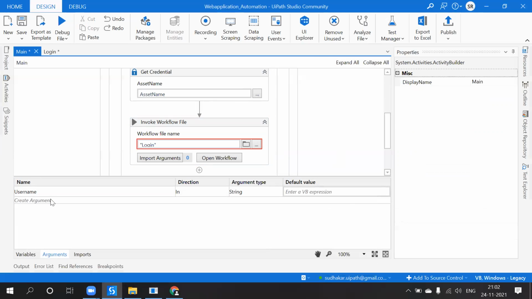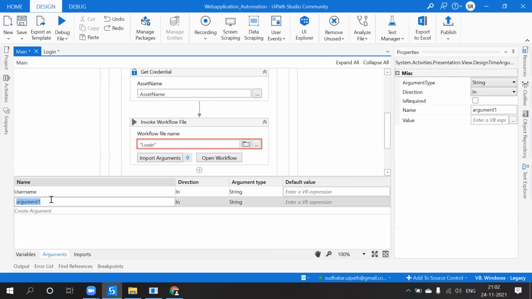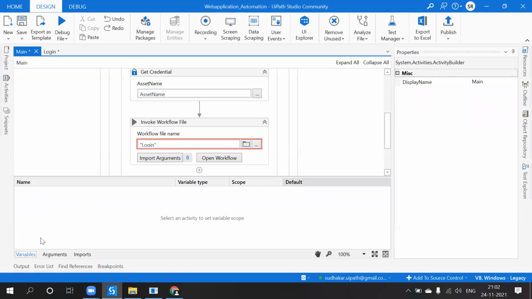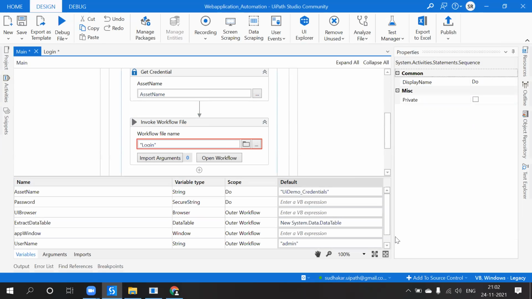And then we have to create one more argument called password. So the direction is in. The argument type, you just come over here under variables. When it comes to the variables, all are outer workflow, right?